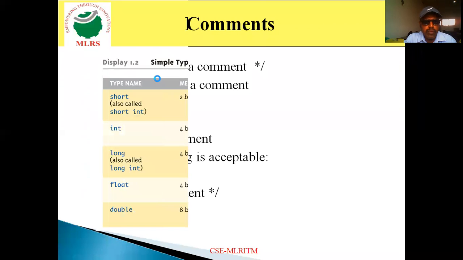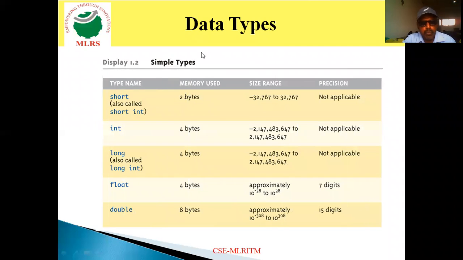Now we'll discuss data types. A data type indicates what type of data the variable is holding. What you studied in C is also there in C++. So here I will specify the different data types, ranges and precision. Observe clearly. Start with the first one, short int or simply short. It is an integral data type. The memory used for this data type is 2 bytes, and the range is -32768 to +32767.